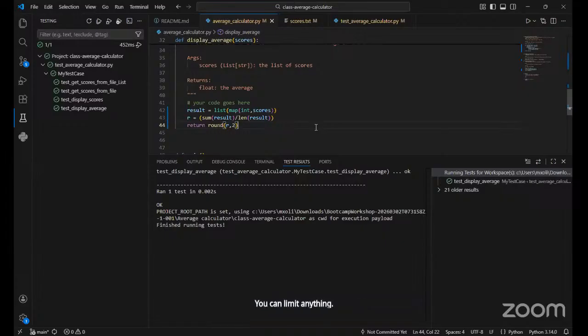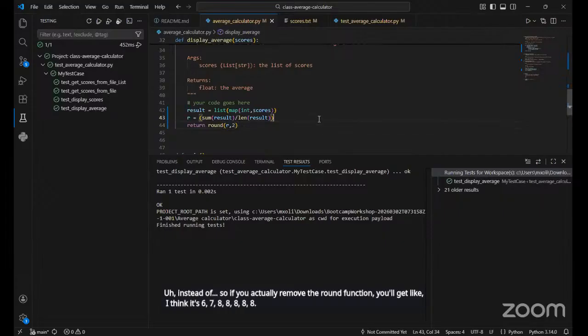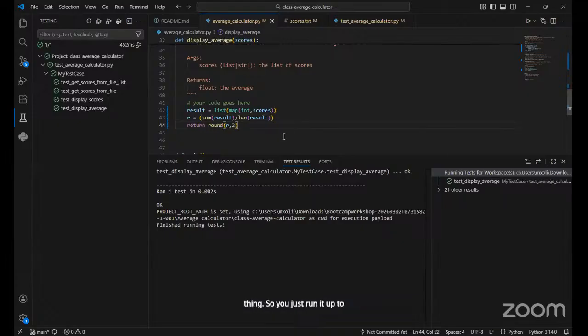Then the sum function takes all the numbers and sums them up, then you divide by the length of the list we just created. If you remove the round function, you'll get something like 6.78888, a long number. So you round it to 2 decimals by using the round function.